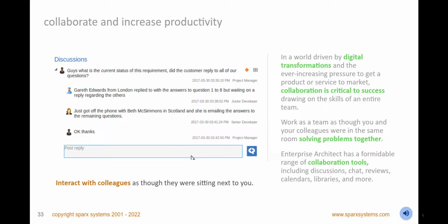Collaborate with customers, colleagues, and consultants, and build systems in record time using the collaboration and team features. Enterprise Architect is built from the ground up as a collaboration platform for sharing ideas, and working and modeling together. Collaborate with your team and stakeholders no matter where they are located, and chat, discuss, comment, review, and share specifications, designs, solutions, and implementations, all in real time.